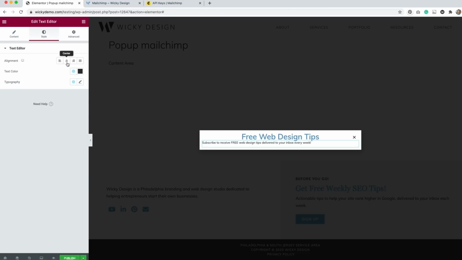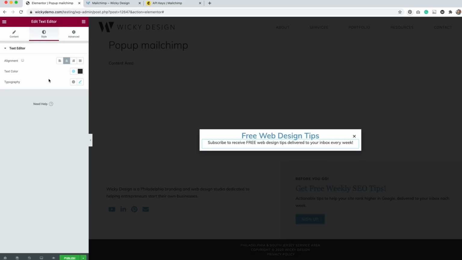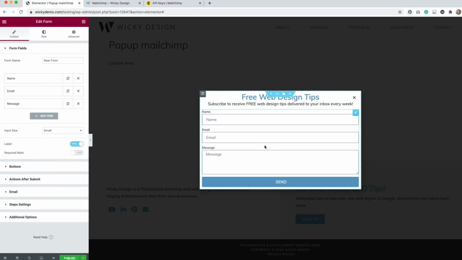And as you can see, we can style these however we want. I'm just going to make this text a little bit bigger because it's kind of small, but I think that looks much better. And then we're going to, again, go to our widgets, and we'll want to add a form now. So we're going to drag over our form, and this is just the standard form that Elementor has,